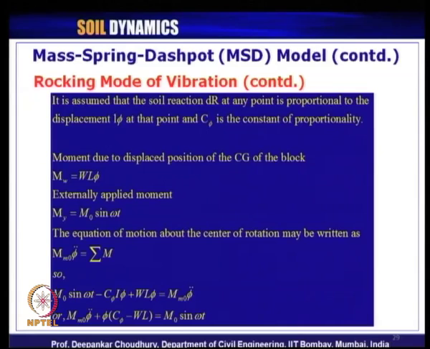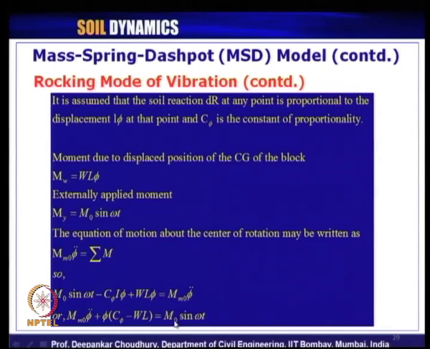Clear? So, what is coming? M naught sin omega t is the applied moment, C phi I phi we got from the soil reaction, W L phi we got from displaced CG location. Sum of them should equate with the inertia force getting generated in the system,